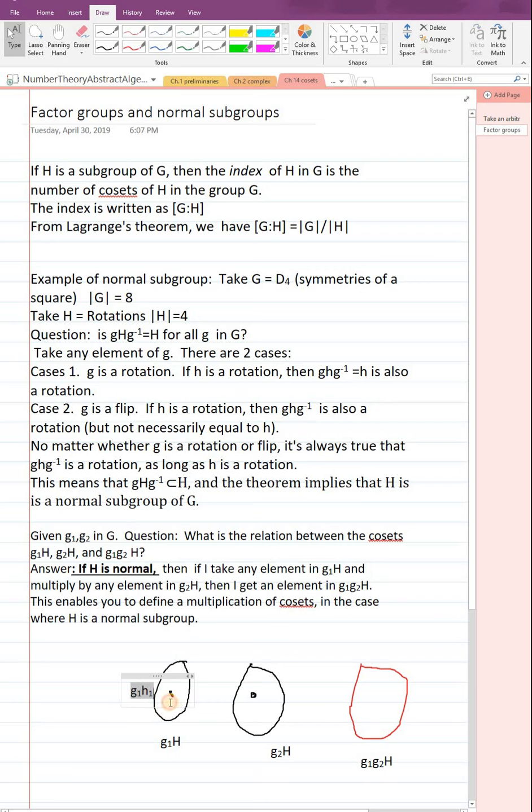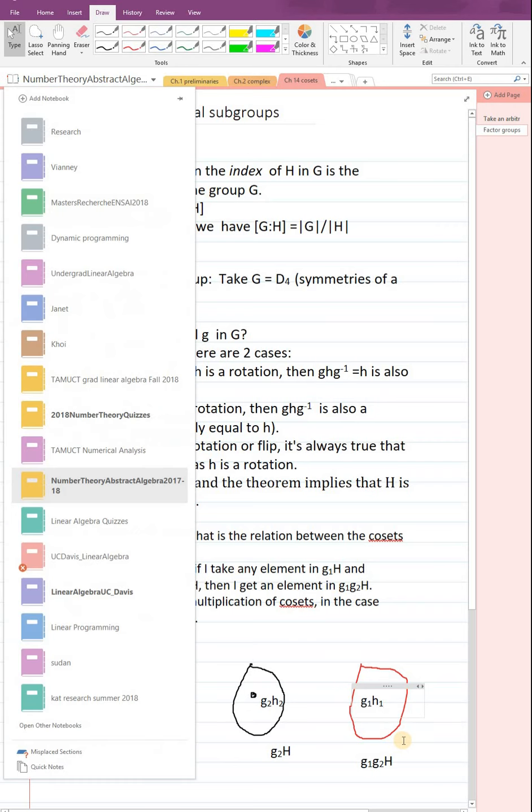All right, this particular element is g1 h1. Then I have a particular element here, which would be g2 h2, because the h's are not necessarily the same, and the g's are not the same. Right? And then I get another element here, if I take g1 h1 times g2 h2, whoops, sorry,